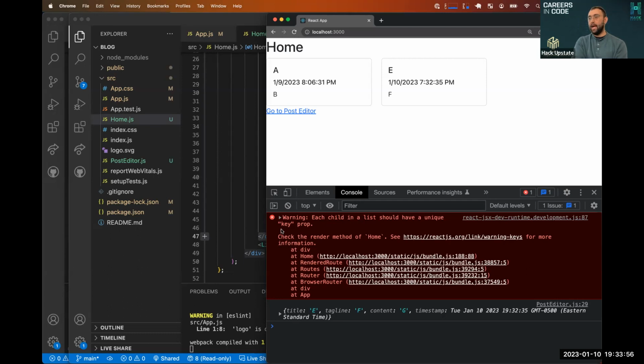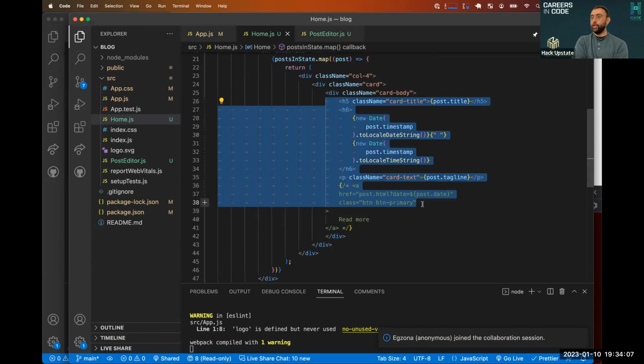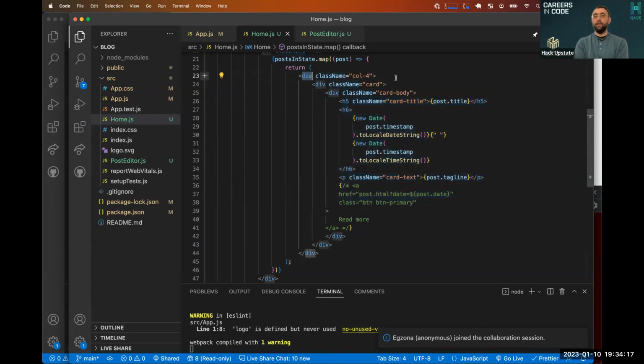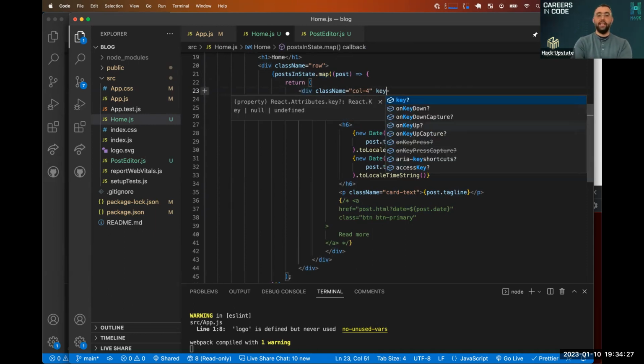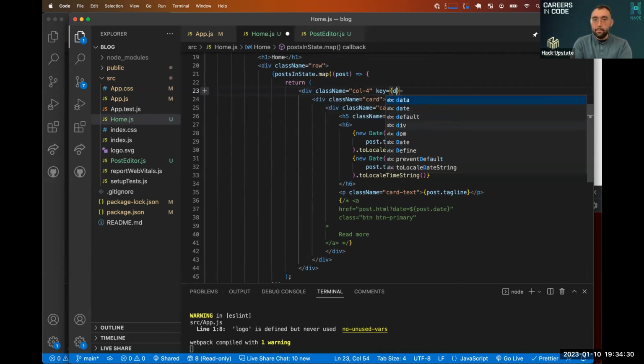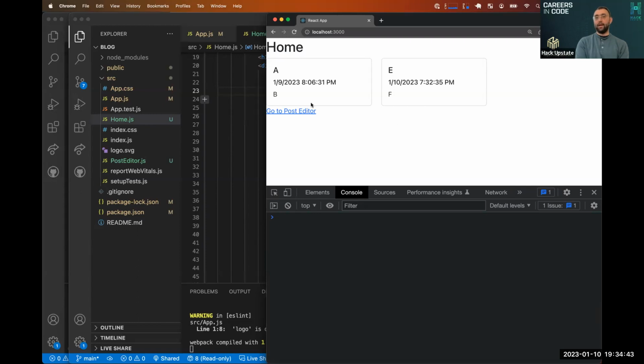React, whenever we use a .map, wants us to put a key prop on everything that we generate from that .map. The reason we need to do that is so if any of this information changes, React knows which ones to react to, or in other words, which ones to update. So I'm going to go back up to my div because my div is the first thing that's coming out of this map. Wherever we put our key has to be on the first item coming out of that map. And I'm going to put a key on that uses the post dot timestamp. So I come back over, I refresh, that's got my errors cleaned out,